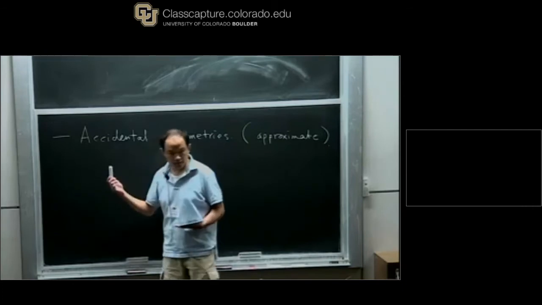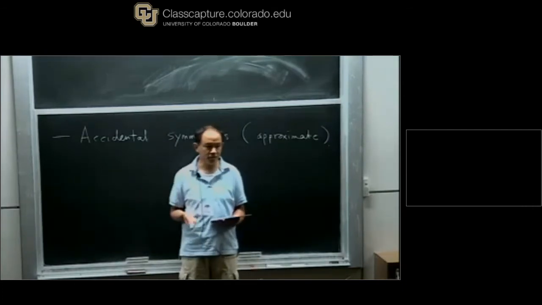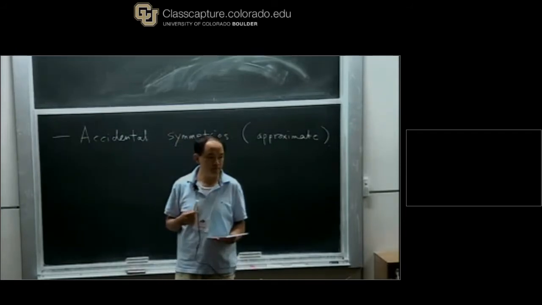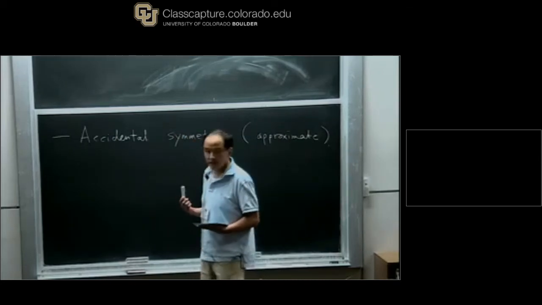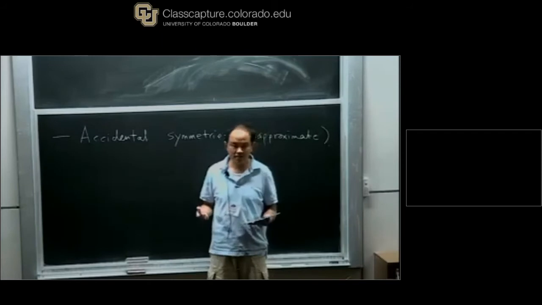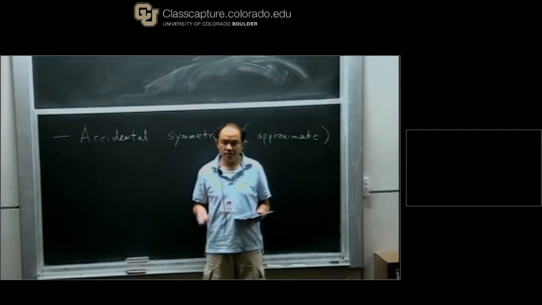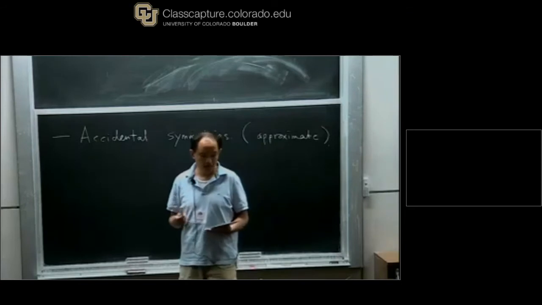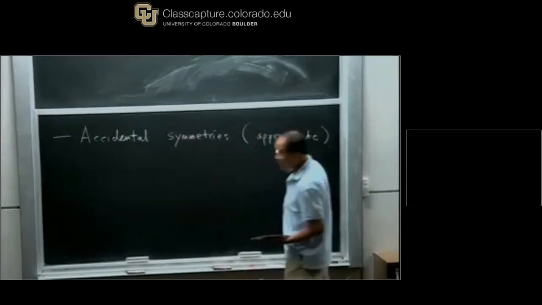In this sense, in particular, I mean that these are the symmetries of the low energy effective Lagrangian if I only keep a finite number of terms. Okay? It means that we don't necessarily expect these to be exact symmetries. But the symmetry breaking effect in the low energy effective Lagrangian is small. Okay? So you will see that both the fact that this is accidental and that this is approximate are very